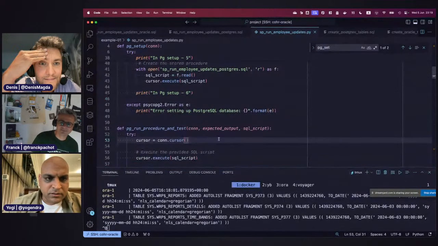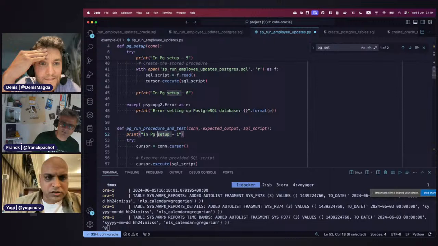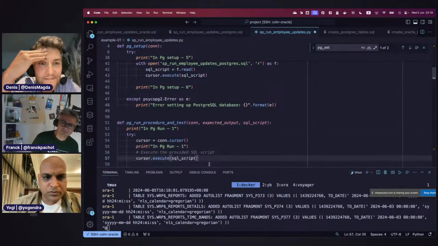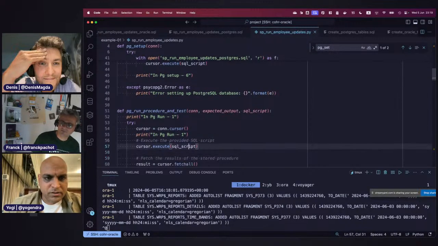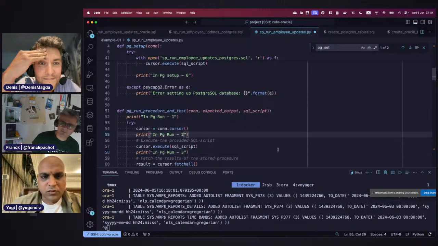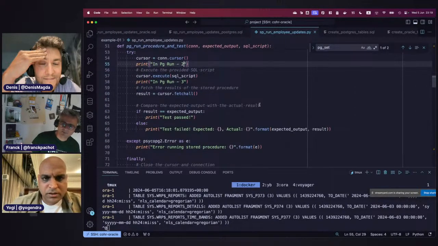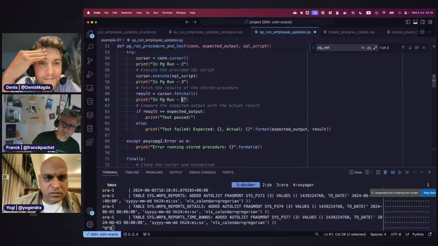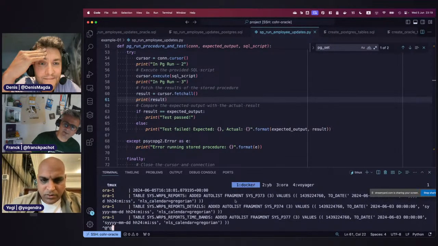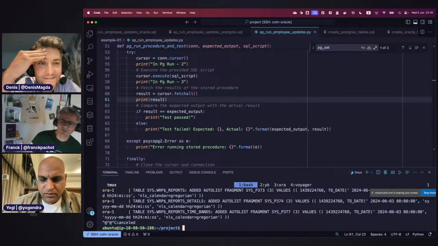And then let's just put something here. PG run 1 and then 2. Oops. We do that, and then we do this 3, 3, 2. Fetch all is okay. And then can I just do result? If I just do that? No, I have to do a dump, right? Dump. I don't know, it's Python. I forgot what that was. Maybe we'll figure it out. It's okay. Okay, we can come out of this and run example 1.